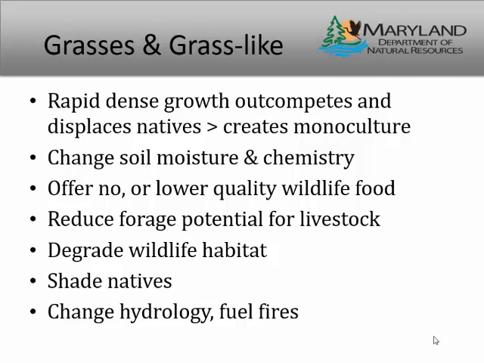All right. And I'm going to go through these really quickly because this one, I would not say that most of these herbaceous ones are worse than the other ones that I talked about, but they're good to keep an eye out for. They are definitely problematic, and once they take hold, they're really hard to get rid of.